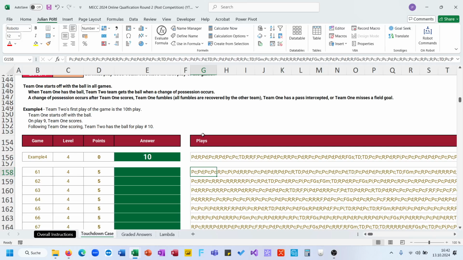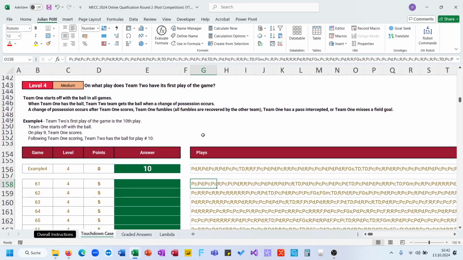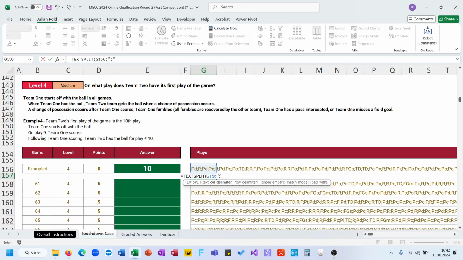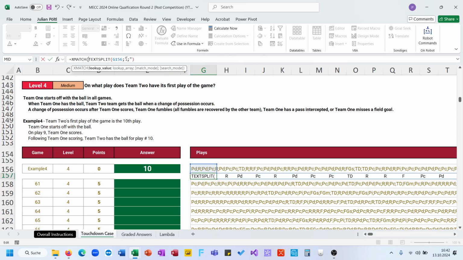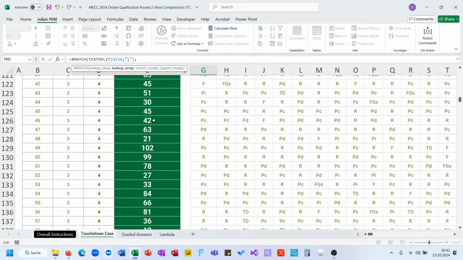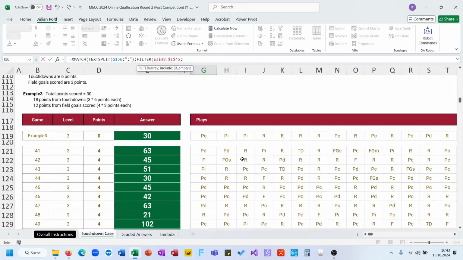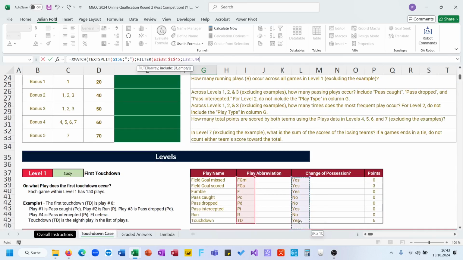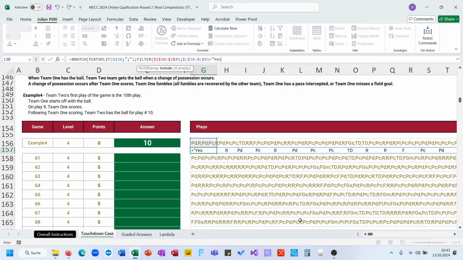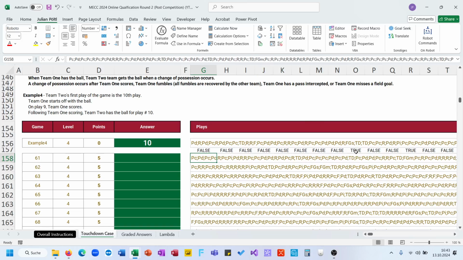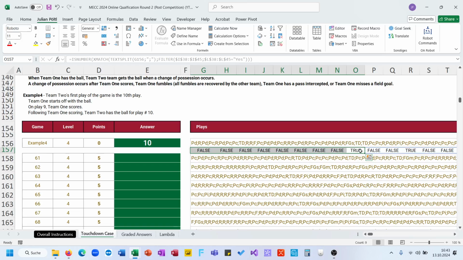Change of possession. When is the first play of the second team? So when is there a change of possession? So text split this, and then I did an XMATCH from this in FILTER if this equals yes. So if there is a change of possession, yes, close all the brackets, and now an ISNUMBER, to get the true and false values, and where there is a true value there is a change of possession, or after that, so in this case 9, and